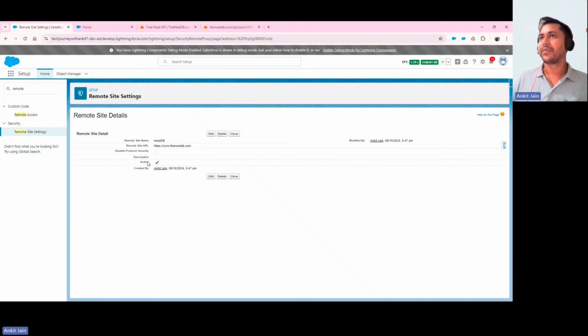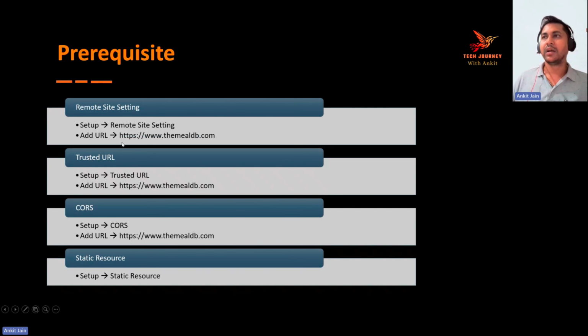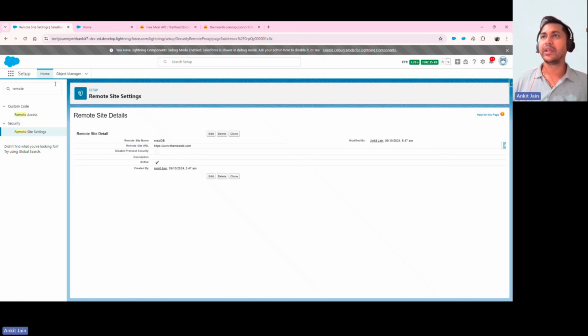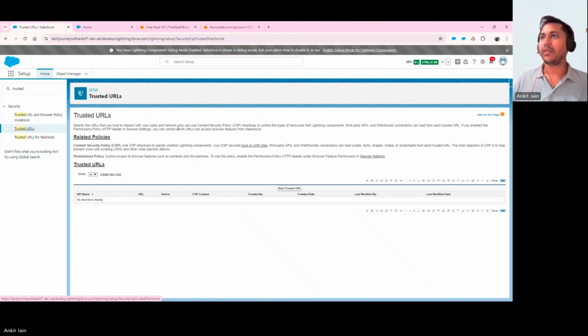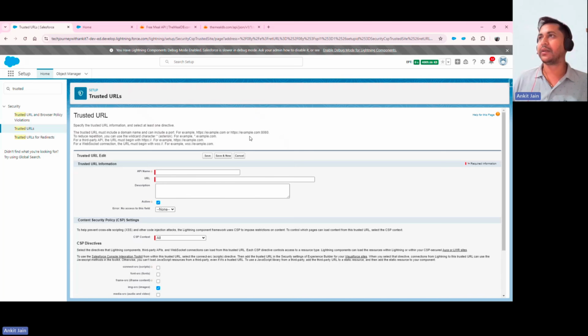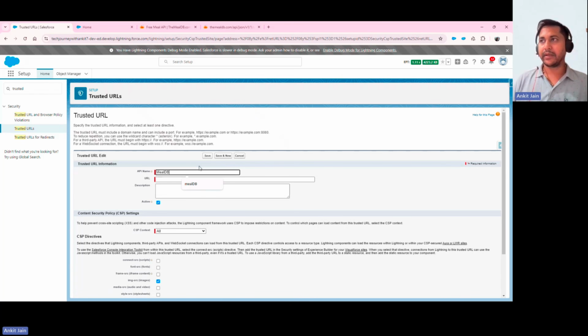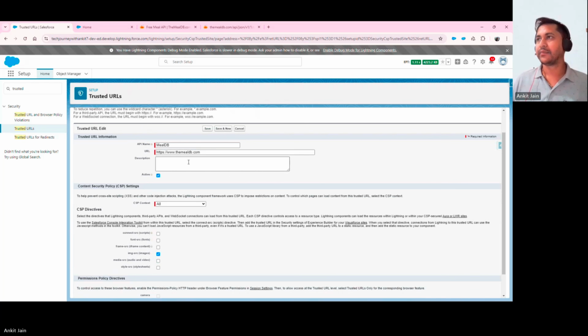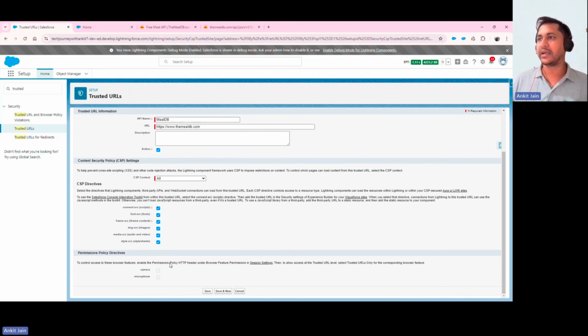and clicking on Save. Like this, we have to configure a few additional things like the Trusted URL and the CORS. We have to do that because we will be making API calls from the LWC. Again, to do that, here I go and look for Trusted URLs, clicking on New Trusted URL. Again, I am giving the name as MealDB, pasting the URL as well. In case you have a slash at the end, make sure that you remove it. After that, enabling all these different flags, although it is not mandatory, but let's go and do that